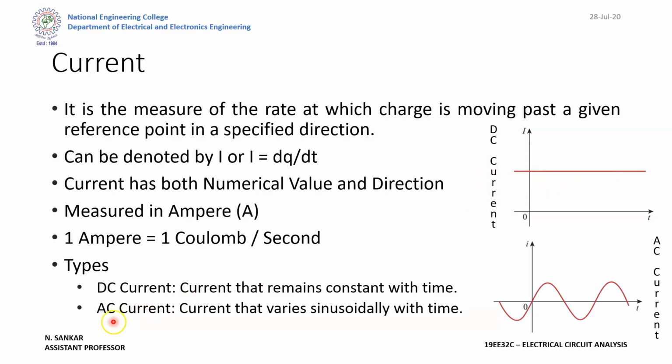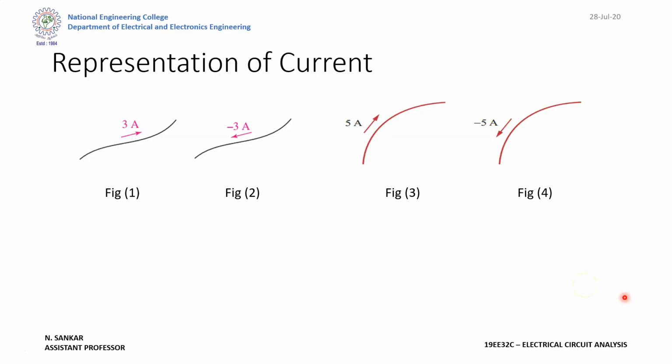And the next one is alternating current, that is AC current. Here the current value will vary with respect to time. Here you can see T is the x-axis. At point 0 the value is 0. Let us take this as 2, here there is a maximum value. Again if you take this point as 4, it is getting the value 0. If you take this point as 6, then it is getting negative maximum. So throughout the time the value will change. Here we represent this as a sinusoidal waveform. So this is a representation of current.